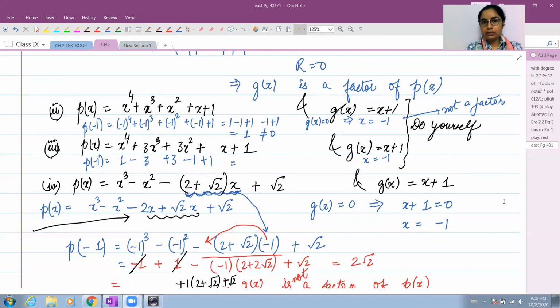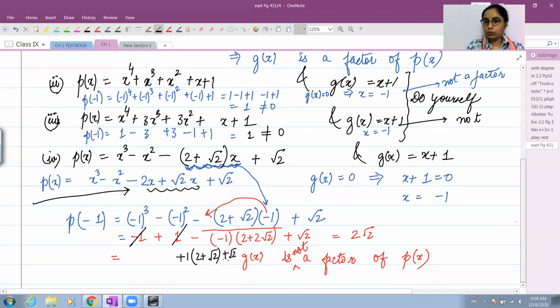Has everyone completed this question? Yes, ma'am. Okay, so we have only part 1 a factor, and I think in all other we have not a factor. Is that correct? Yes, in question number 1, ma'am, right? Okay. So in question number 1, we have x plus 1, a factor of the given polynomial. In rest of the questions, it's not a factor. Remaining parts, second, third, and fourth one.